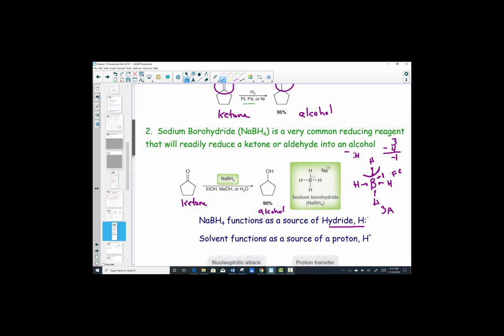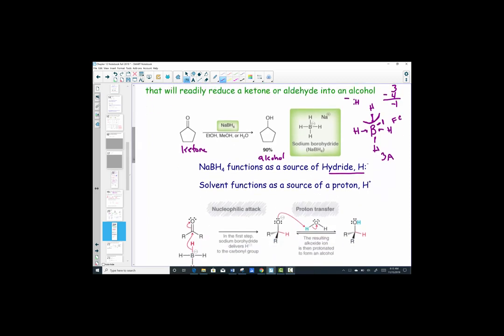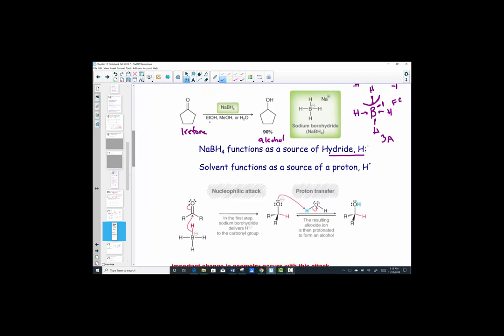And so I think about that in terms of its mechanism. It functions as a source of a hydride. And notice here we've carefully selected a protonated solvent: EtOH, ethanol, MeOH, methanol, which are protonated alcohols, or water, HOH. All give us a source of a proton for the solvent. So the function very carefully says we're going to need a source of a proton, and let's take a peek